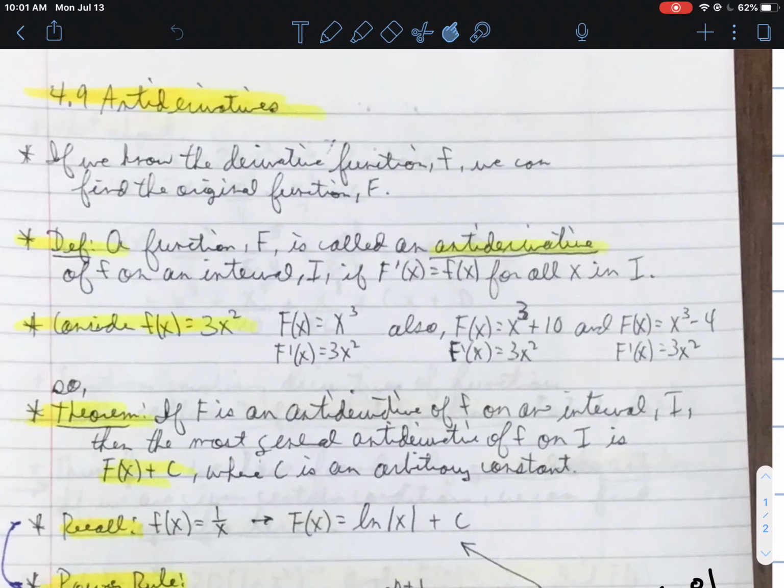Section 4.9, antiderivatives. All right, so we've been spending a lot of time talking about the derivatives of a function, where we spent most of chapter 3 looking at how to differentiate different types of functions. And then in chapter 4, we put the derivative to use for us. Well, in this section, we're going to introduce basically the reverse process, right? So if I know what the derivative of a function is, can I find the function,